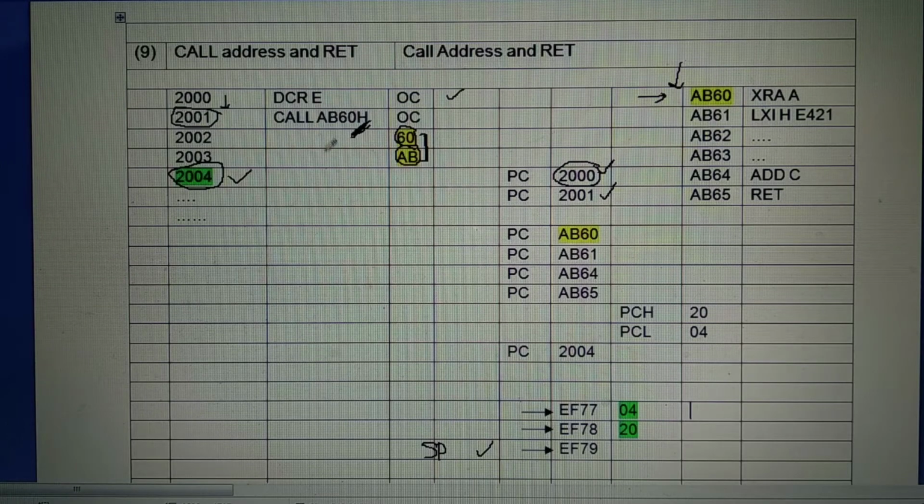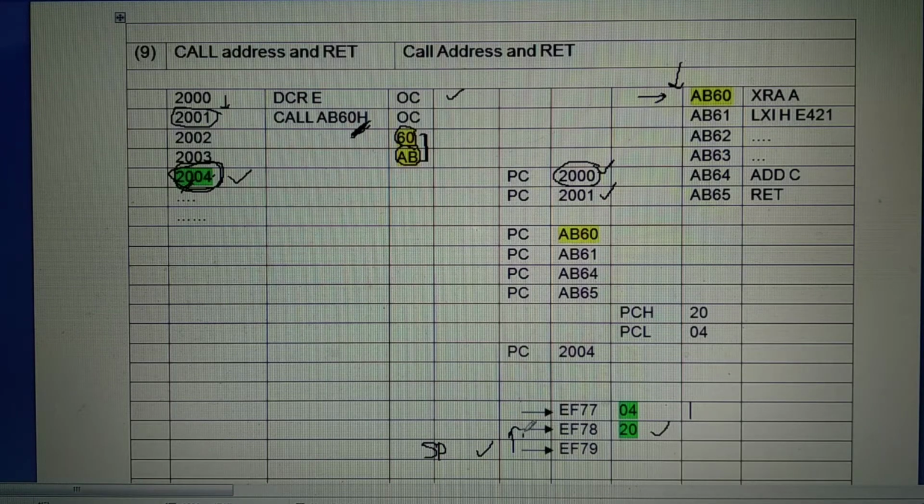When the call instruction gets executed, the address of the next executable instruction is pushed into the stack. How is it pushed? The stack pointer gets decremented by 1. It becomes EF78. And the high order address is stored, that is 20 is stored at that memory location.